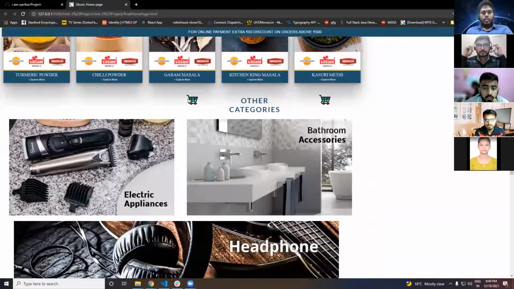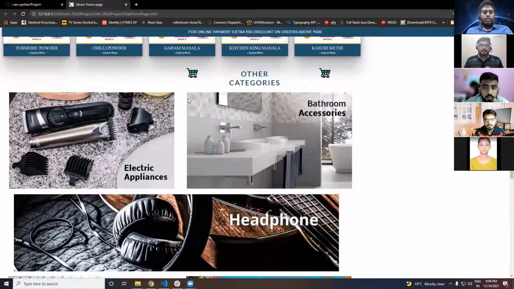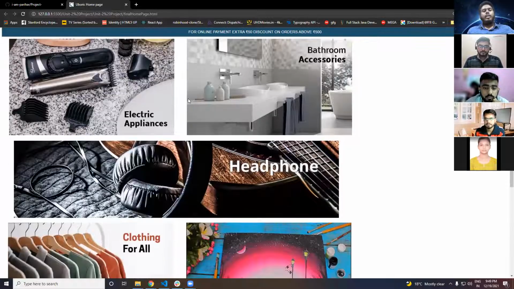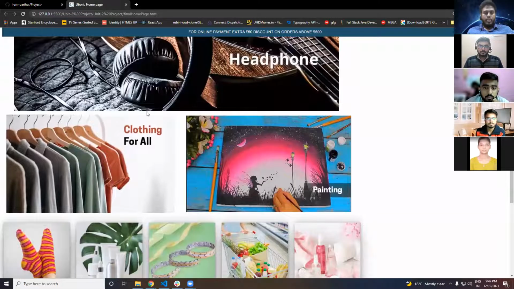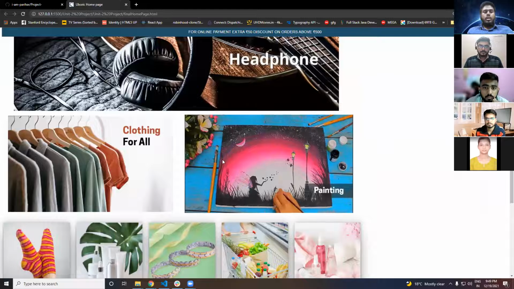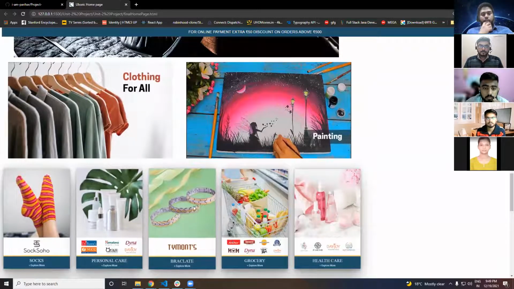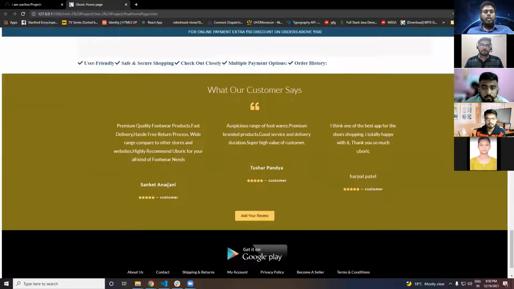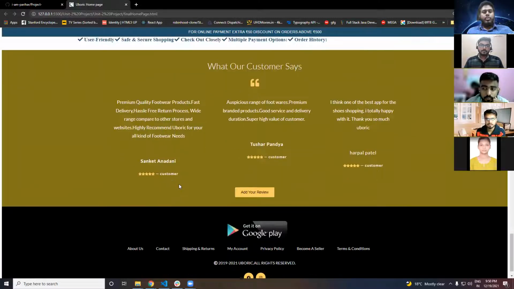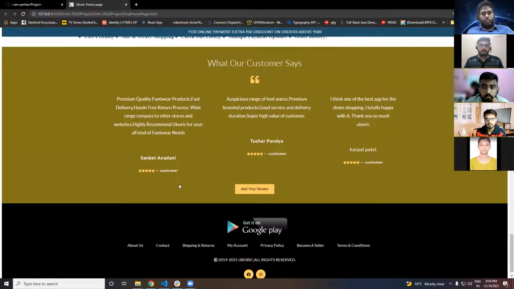All these are added in our website, and we have given a hover effect functionality to these different divs. In the last we have given the footer part and customer reviews, and these are the facilities we are providing, like user friendly. Our website is user friendly.